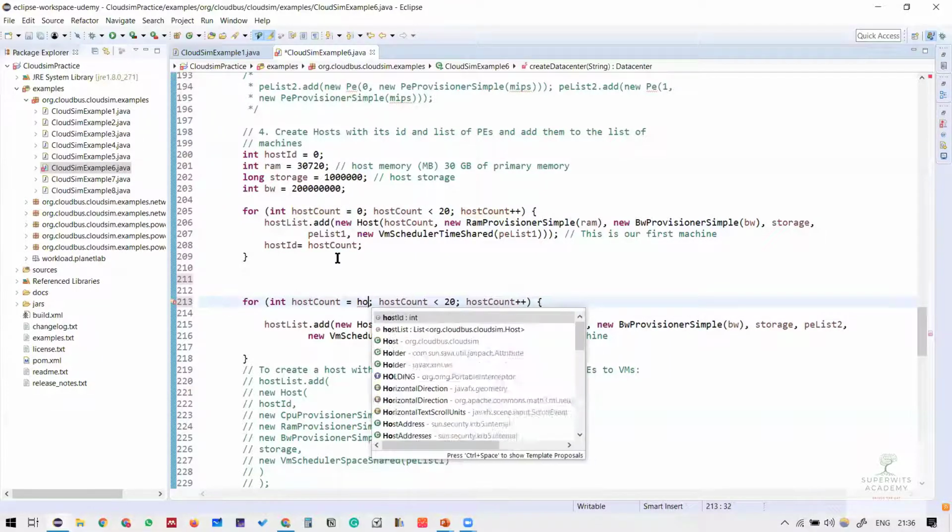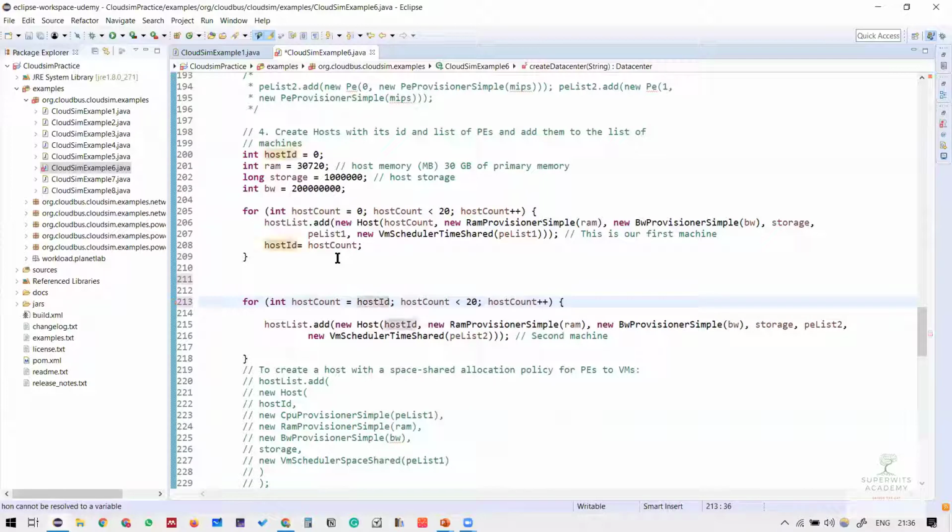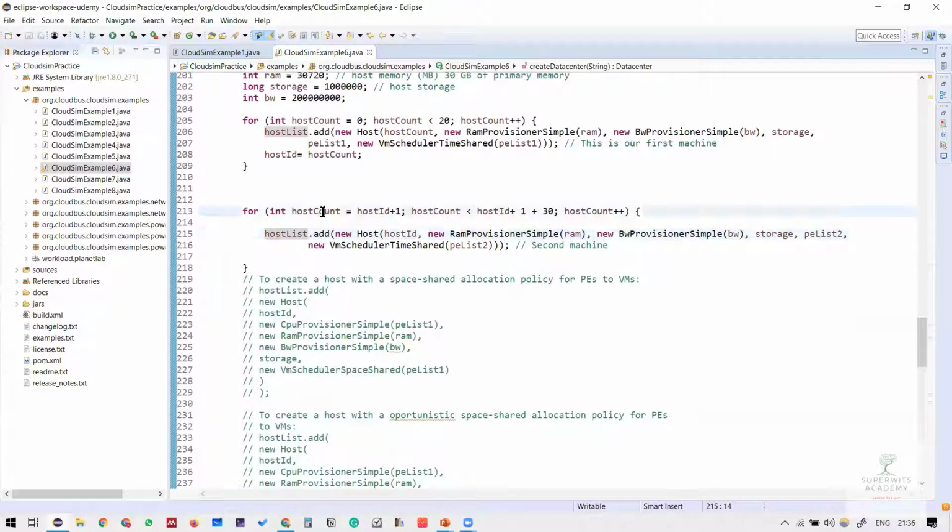So this is just only a logic I'm putting out. So next host ID will start from whatever I left at the previous one, and that will be added with 1. Okay, and the host count will be, let's say I'm looking at the next 30 systems. So that will be host ID plus 1 or plus 30, right? So this is the next number I'm going to look at. So this will be, let's say 19 is the previous one, so plus 20, because my ID is going to get started from the 20th, and then the next 30 hosts I'm going to create. So this is how you can make a logic. So we have here again, host count replacing the host ID.